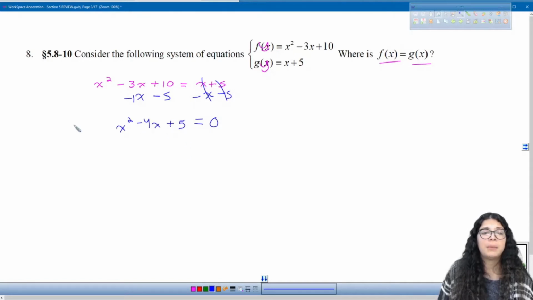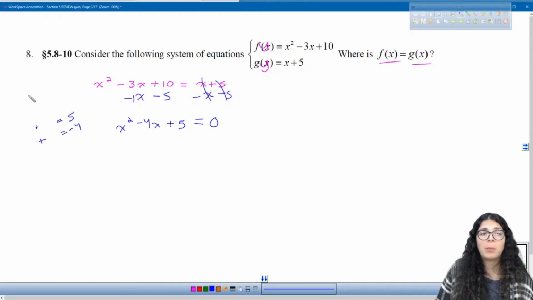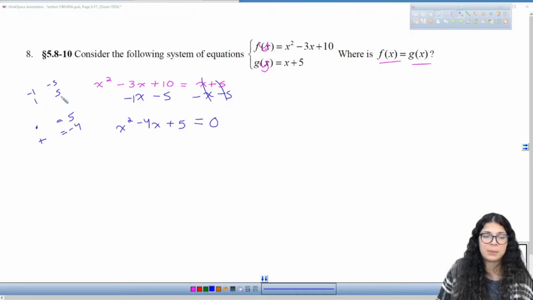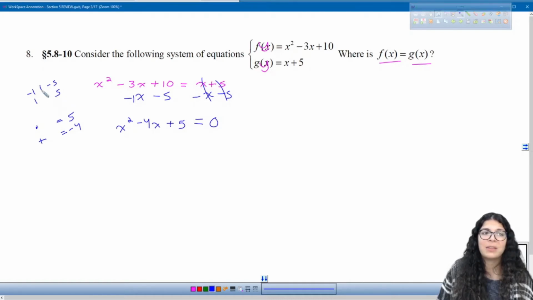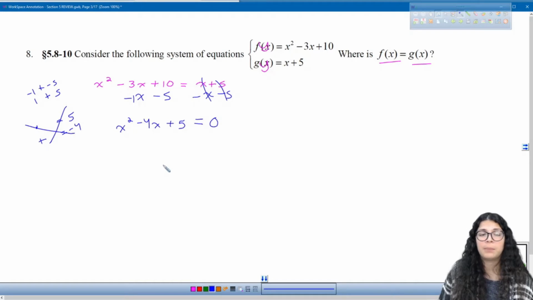Now I need two numbers, if I want to solve this by factoring, that multiply to 5 and will add to negative 4. Now the only things that will multiply to 5 would be negative 1 times negative 5 or positive 1 times positive 5. If I add those two, they will give me negative 6 or positive 6, not negative 4. So I can't factor for this either,